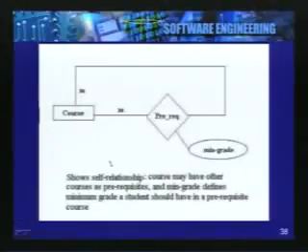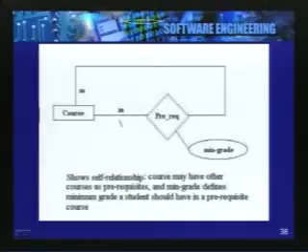Here is an interesting aspect of the modeling where we are showing self relationships. We have a course. Now a course may have some prerequisite courses, which means that the course is actually related to other courses which may act as prerequisites for a given course. This is a self relationship. What we are saying then is that a course is related with itself through a relationship called prerequisite. Now this relationship is also a binary relationship.